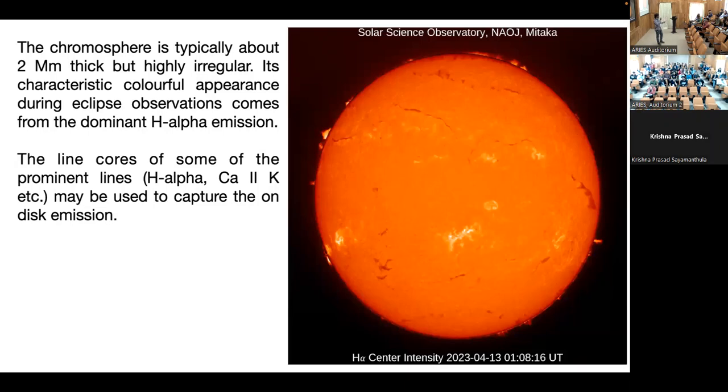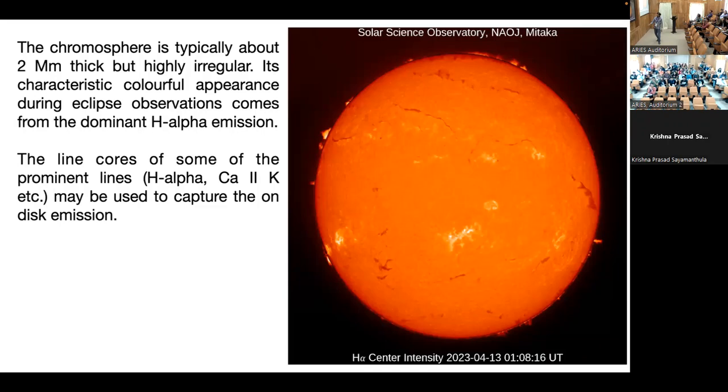But when you are able to isolate that core to very narrow bandwidths, then you can actually see the chromosphere directly. So that's what is happening here. This is an H alpha filter, taking the intensity only from the core at each pixel, so that you can see directly the